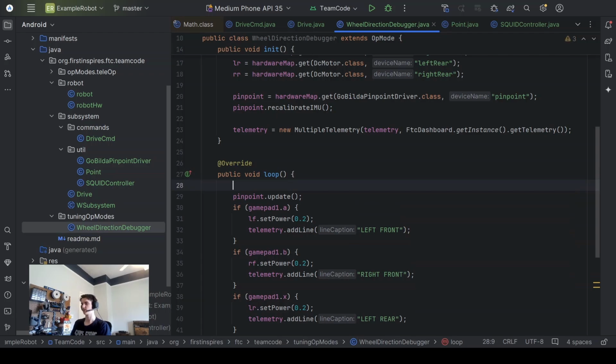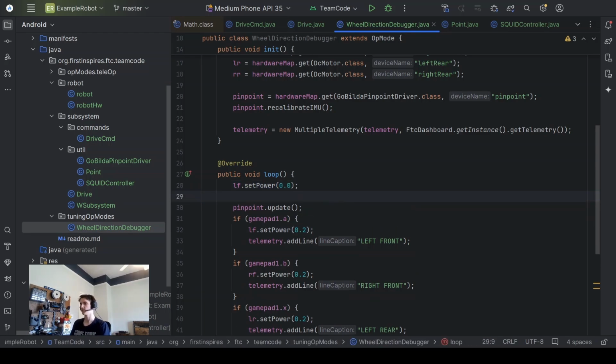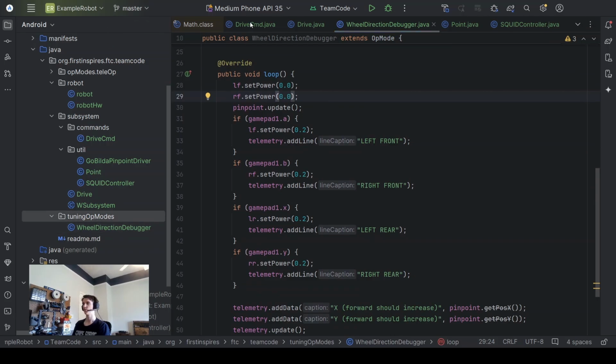Also, real quick, just in case people are copying this, do this for each motor, because otherwise when you set it to 0.2, it'll be 0.2 indefinitely, which is no fun. So rightFront.setPower(0.0). I already have this done, so I'm not even going to do this right now, but anyway, we're going to make our other tuning OpModes now. So heading tuner,